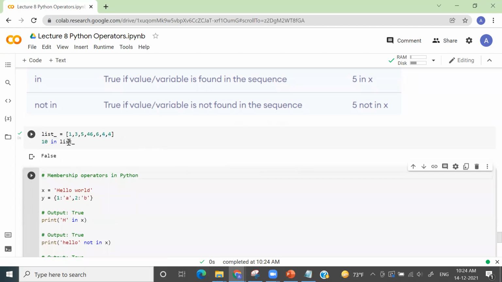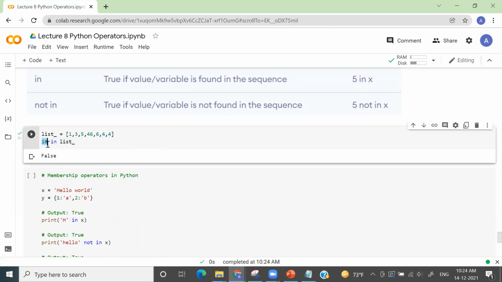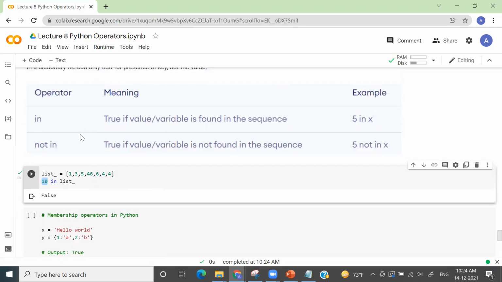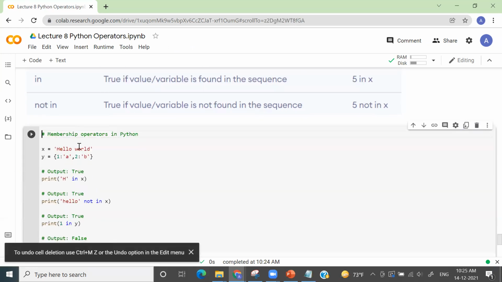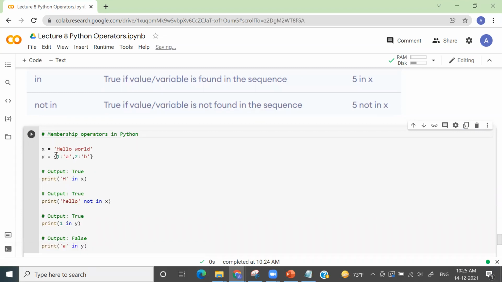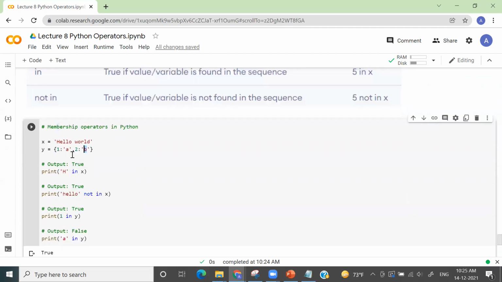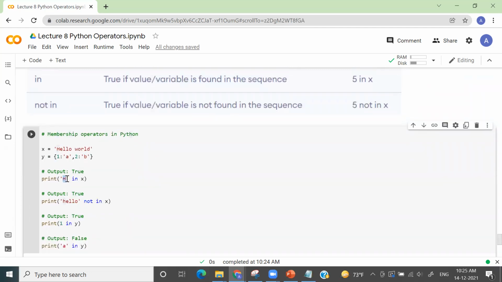So it is used to check if this particular constant is a member of this particular list or not. That is why it is also called the membership operator, right? Because it is checking the membership of this particular number in this list. So we checked it for list. Similarly, you can use it for dictionary also. Here we have a dictionary where 1 is the key, 2 is the key, and A and B are the values. Okay, and we can check whether H is present in this dictionary or not.